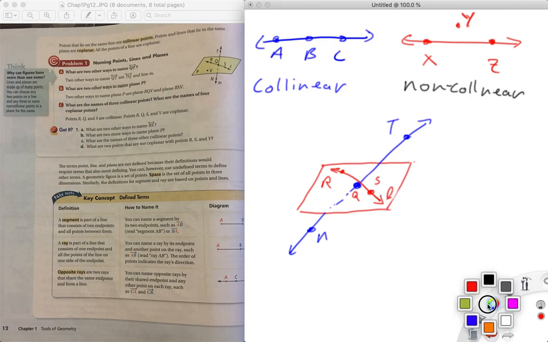That's L, and that is M. Okay, so in this case,